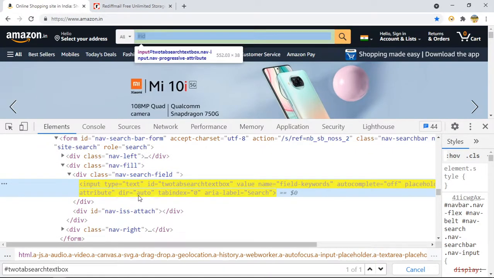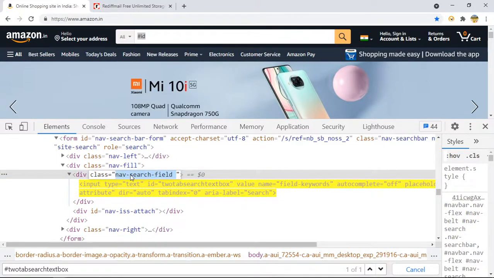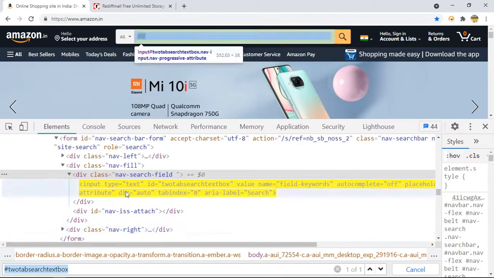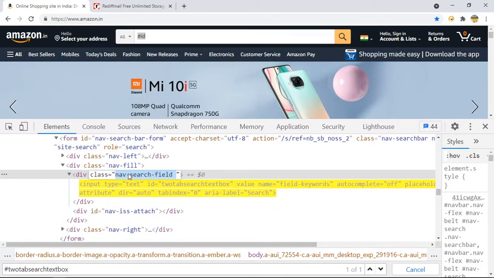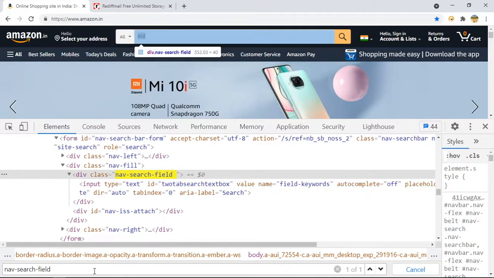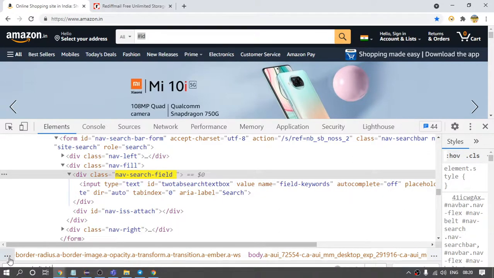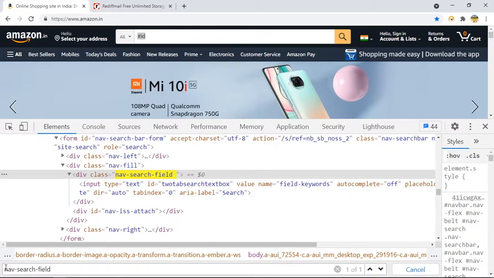And suppose I copy this. So you can see as of now it is not a CSS. See, if you know the class name of any element, if you provide a dot operator like this, now this will be your CSS.